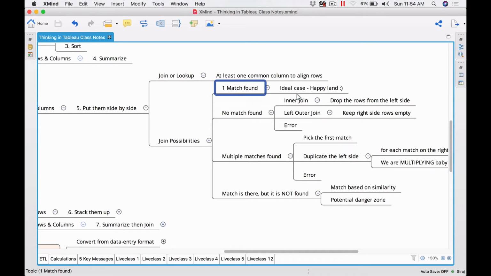One match found, that is the ideal case. Happy land, let's give it a big hand and keep moving. So what if no match is found? This is often a case. So when do we typically do a join? We do a join when we have this kind of short codes, but in a real scenario, when we have transactions,